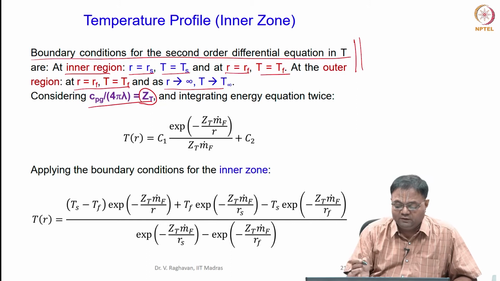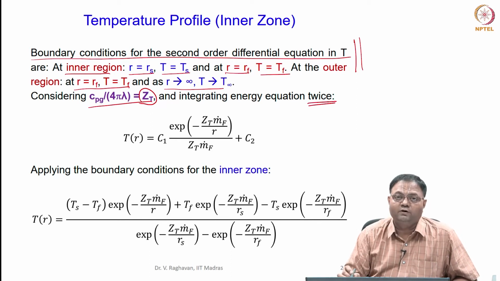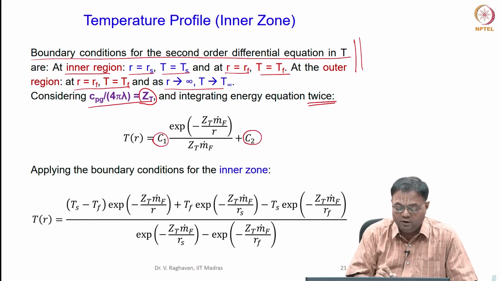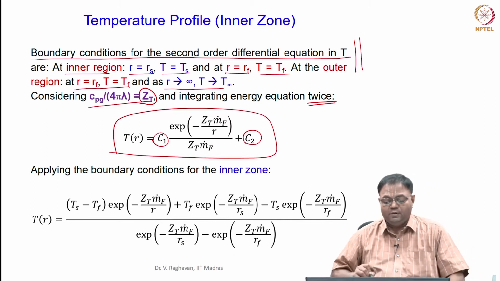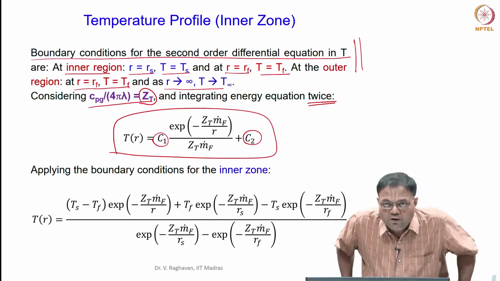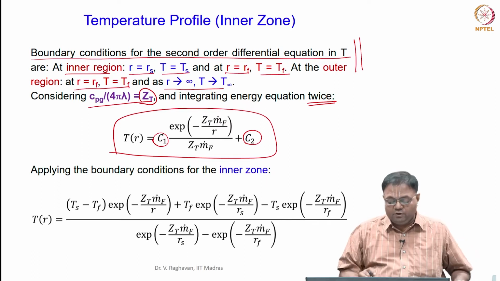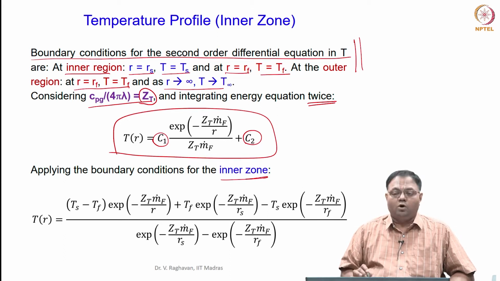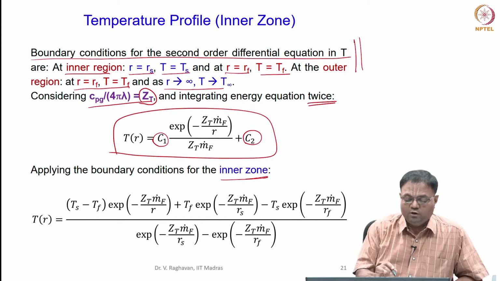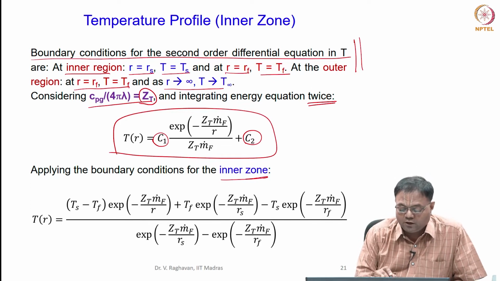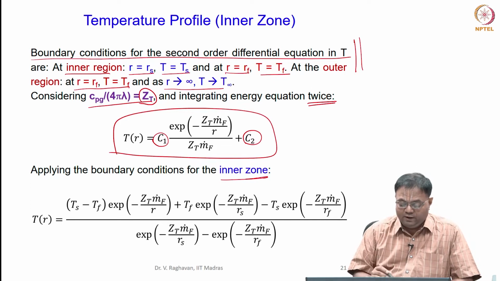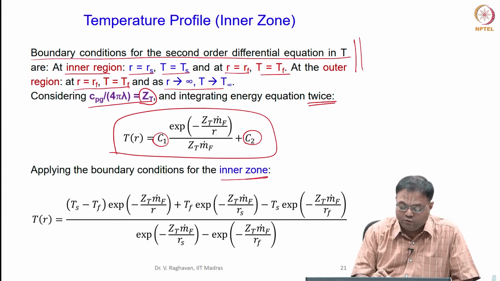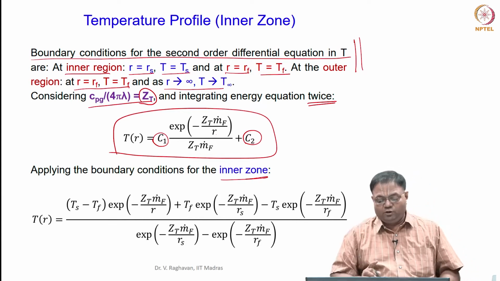Now, integrate this. A second order equation you can integrate 2 times, and I get 2 constants, one for each time. Then this is the general profile I get, and if I apply the boundary conditions corresponding to any zone I will get the equations. So let us take the inner zone first. There are 2 constants. To eliminate the 2 constants I need 2 boundary conditions. So taking the inner zone, the boundary conditions I am going to use are at R equal to Rs, T equal to Ts. So here I will put R equal to Rs and T equal to Ts,